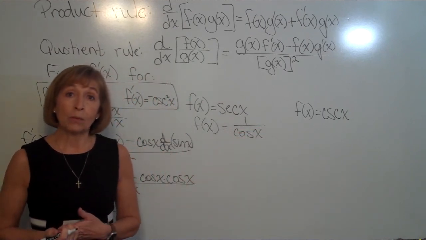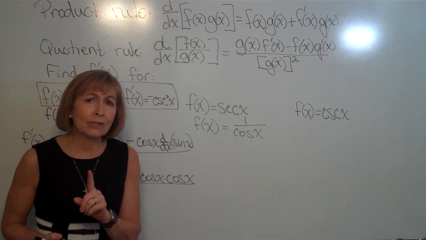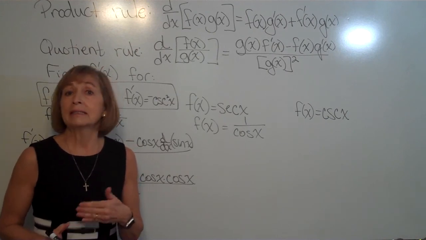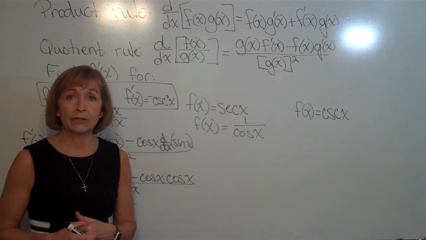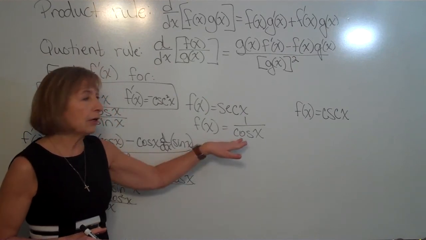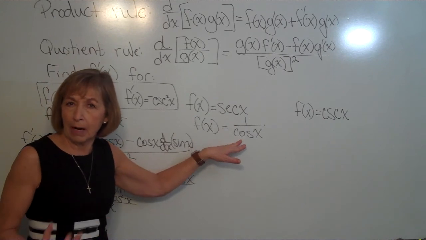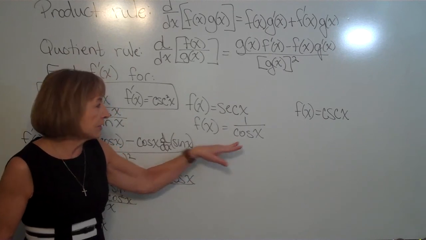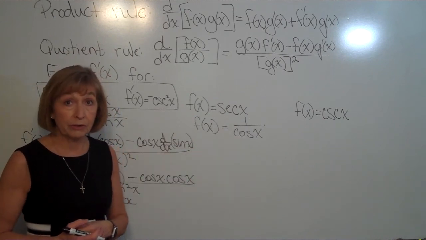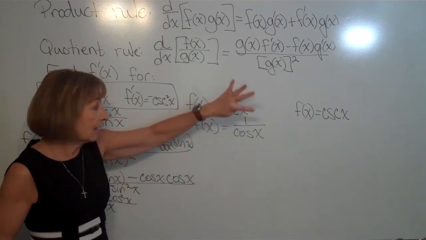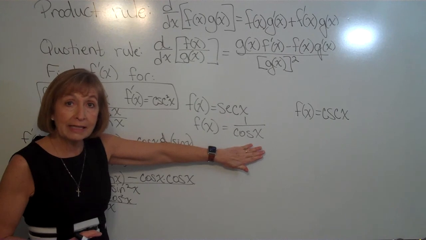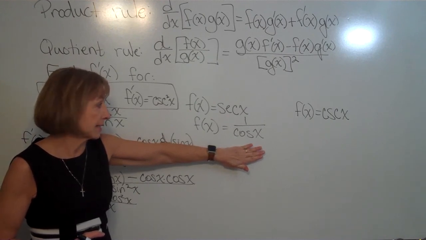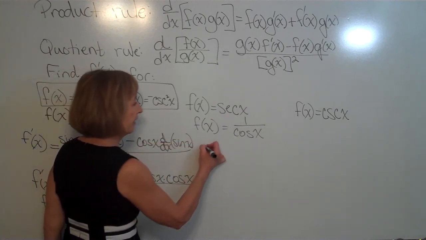Once I've rewritten it that way, I'm going to look at this as the quotient rule. Later on, we're going to learn about what's called the chain rule, but that's in a later video. So here, I'm still tied to the properties and the rules that I know, and so it's the quotient rule that we're going to look at. When I do that, the function in the numerator is 1, and the function in the denominator is cosine x. So now with our derivative,